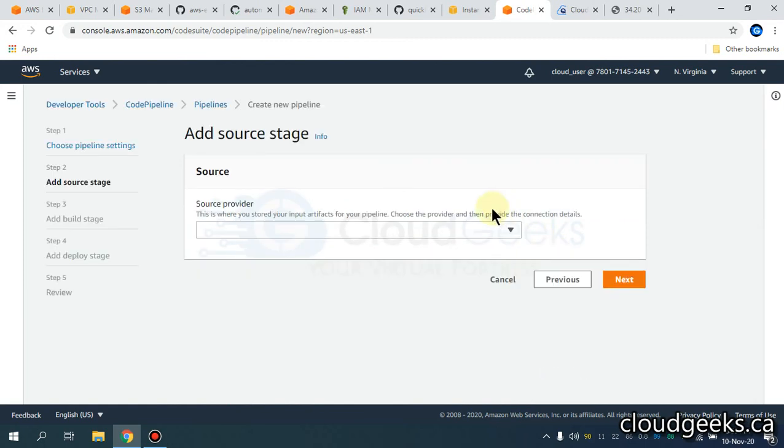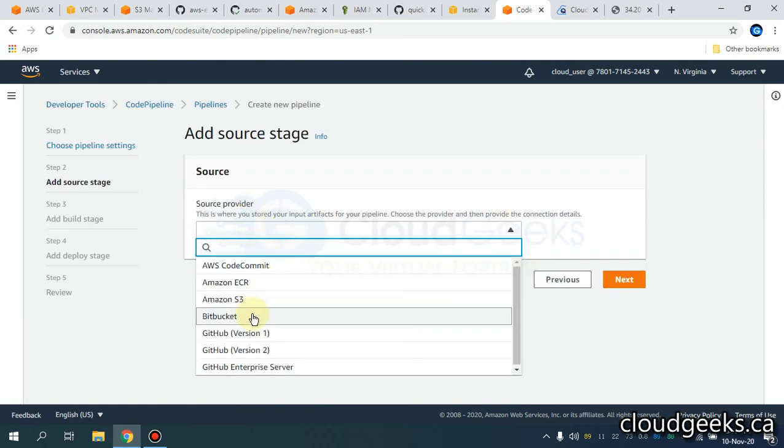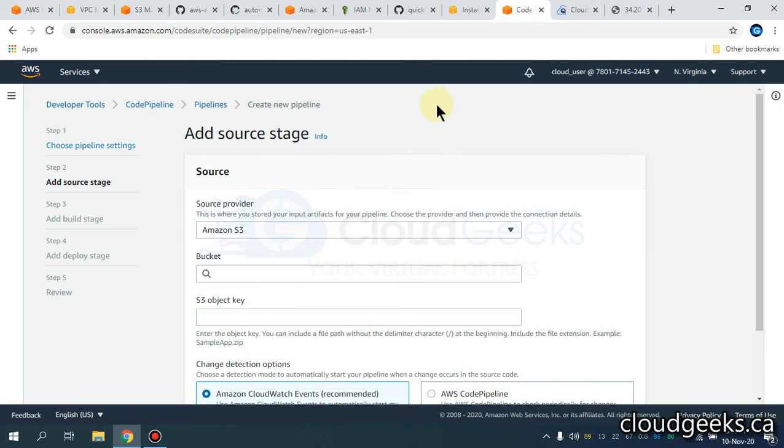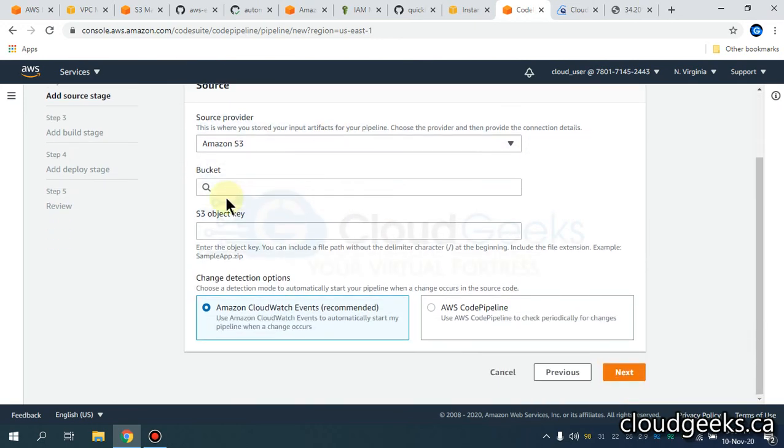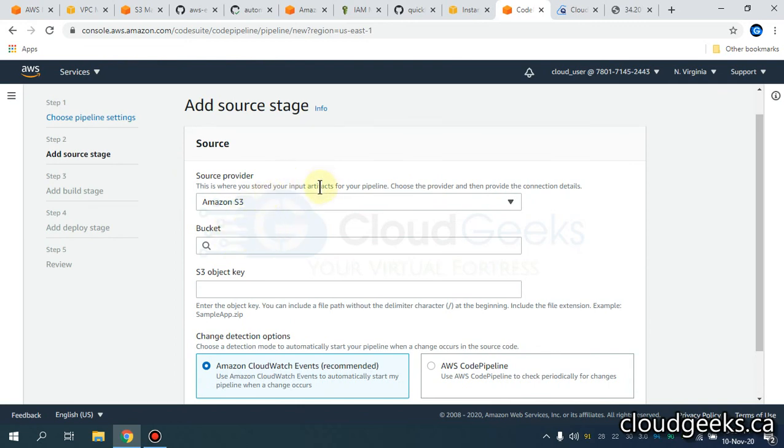Click next, and the source is going to be S3 bucket, not ECR. The reason for that, I'm going to show you how everything is done automatically with this source. As the script automatically pulls the images from the ECR, as it has the privileges, this pipeline is going to be automatically triggered.